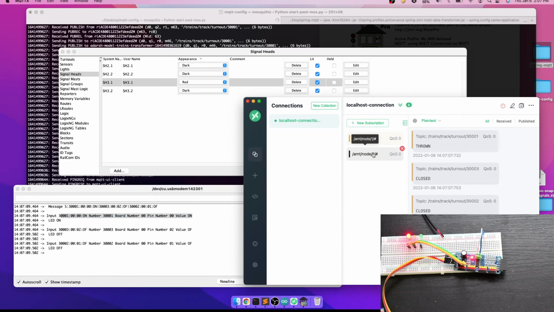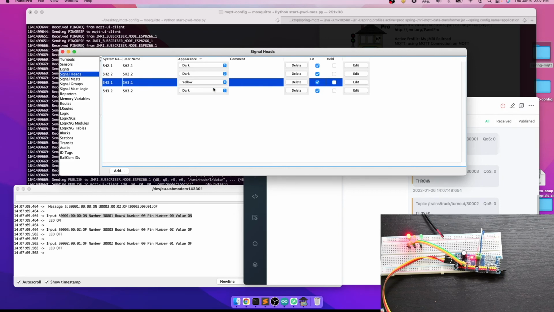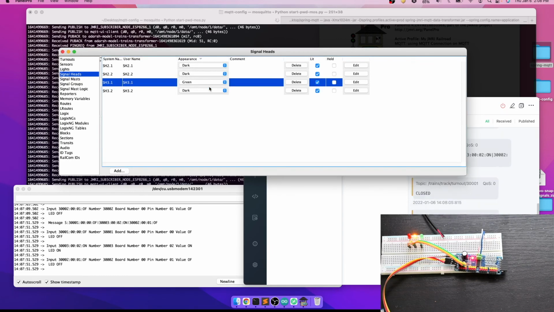Here the black one is the application which is posting, and this is what JMRI is posting. So here we'll go to yellow, and here we can see the yellow light is on. I don't know whether you guys can see it or not, but trust me, this yellow is on. And now let's make it green.